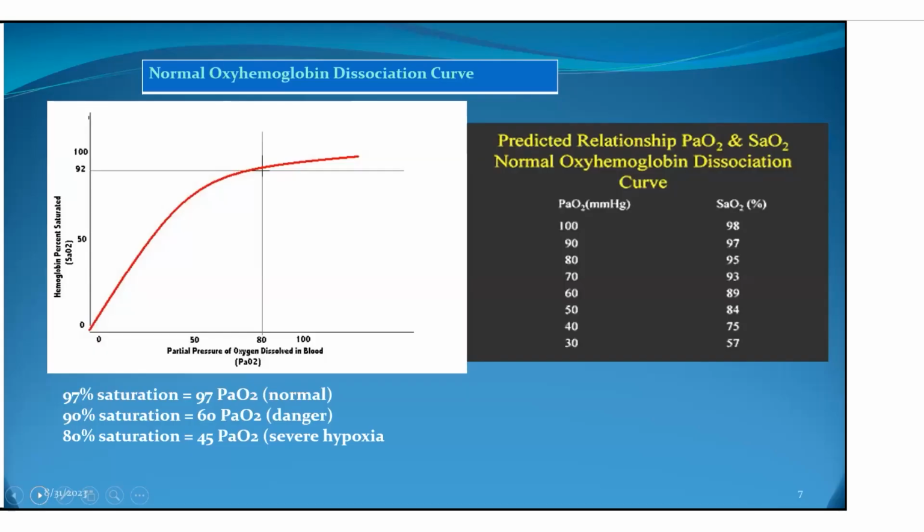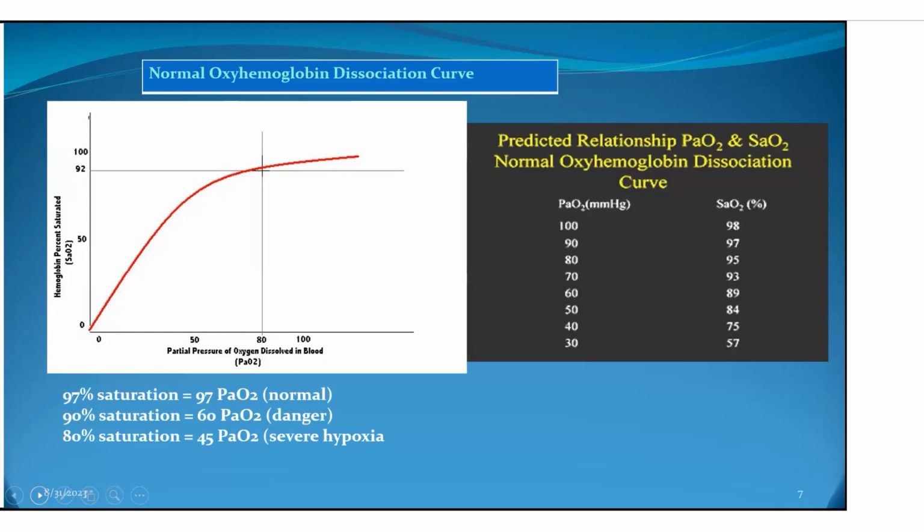That is the normal oxyhemoglobin dissociation curve. We have the predicted relationship between the partial pressure of oxygen and the saturation of oxygen. On the normal curve, when we talk of saturation, it goes to 98%. As we go down, our saturation of oxygen in percentage also decreases. So when you come down below the normal